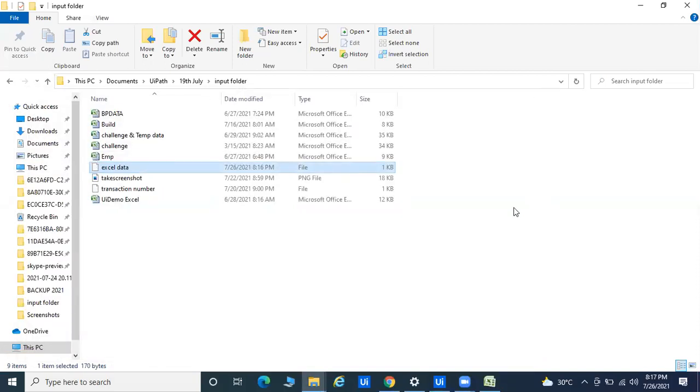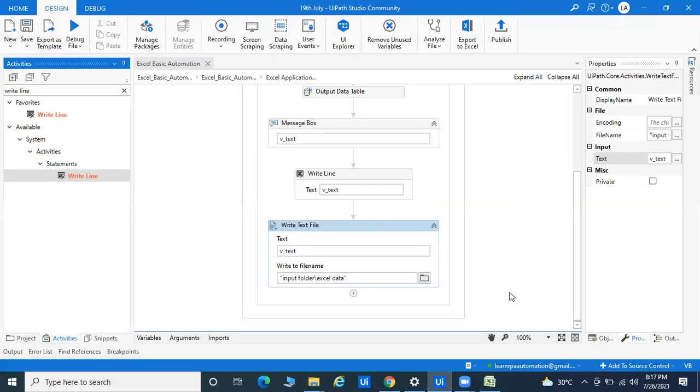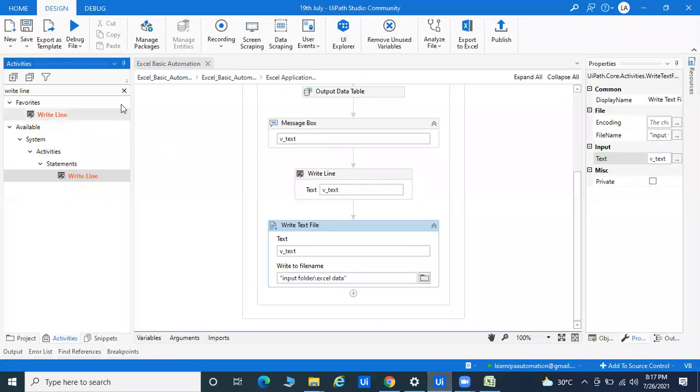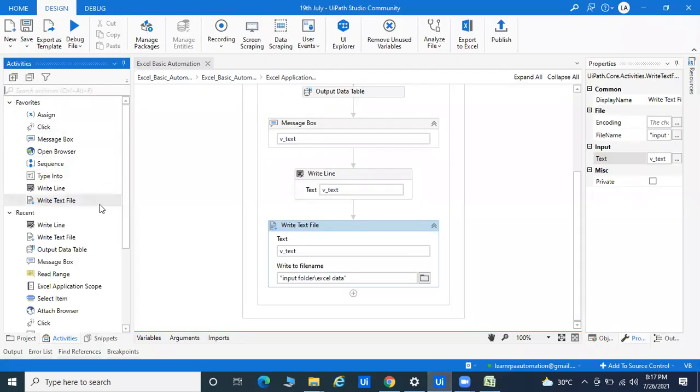Okay, after that, this is the thing we have done. Right now my plan is to write this data into the next Excel sheet. Whatever the sheet you want, whatever the name you want, everything we can write into an Excel sheet. Okay, so here in UiPath I will go, and again I will take the Excel application scope. Whatever recent activities you already used, we are getting in recent, and whatever favorite activity you want, you can get here.